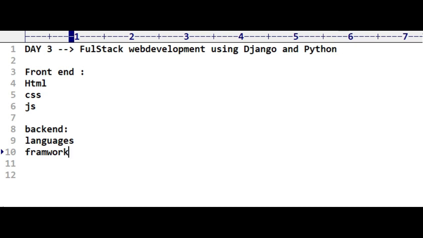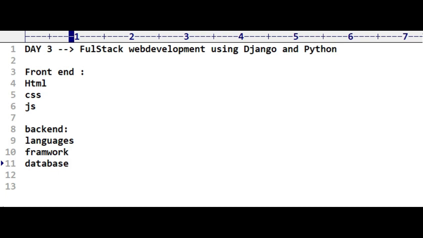So what is a framework? This is just like if you want to eat an omelette, you don't need to go and purchase chicken and wait for the egg and make an omelette. So in a framework, 70% of the work is done by the framework, and it takes less time. Okay, it makes the programmer's life easy.